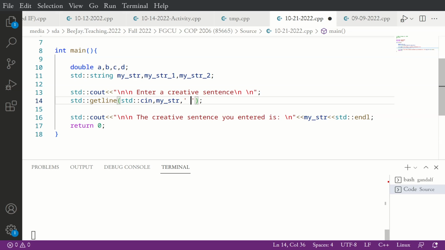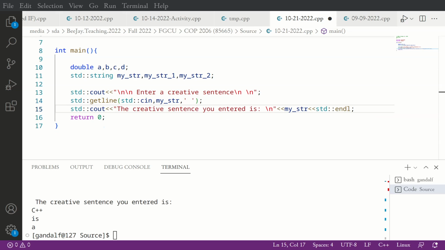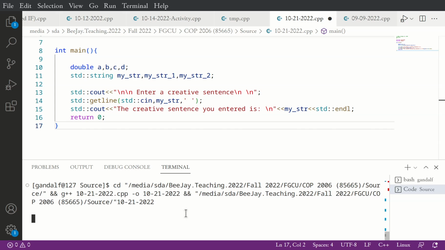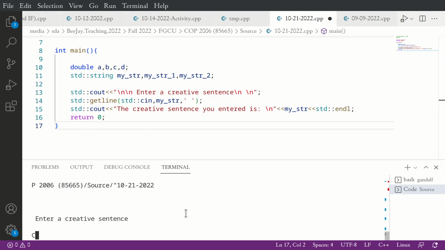So going back to the code, to terminate. Okay. It is printing, I'm just looking at the wrong line. So C++ is a, oh, damn it.